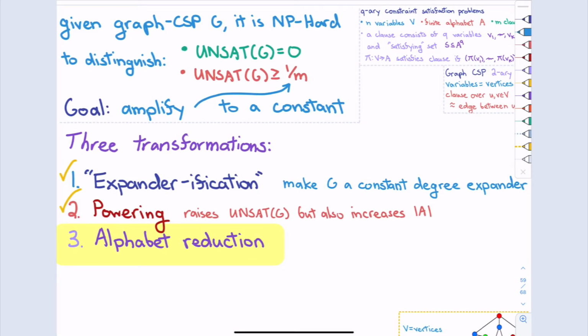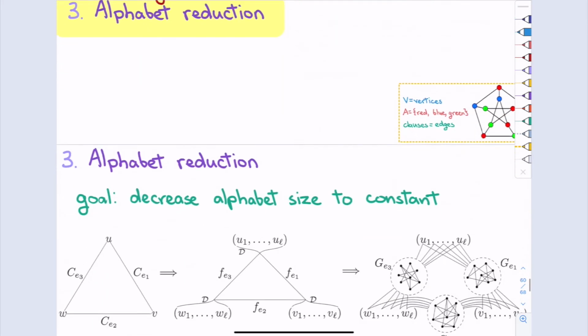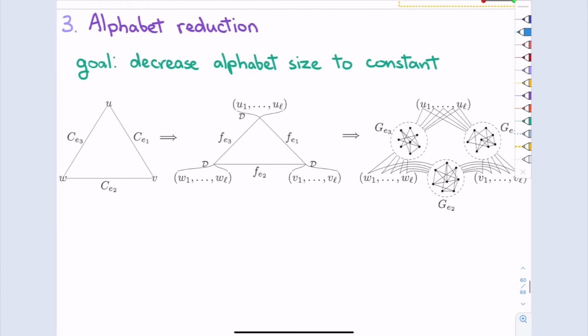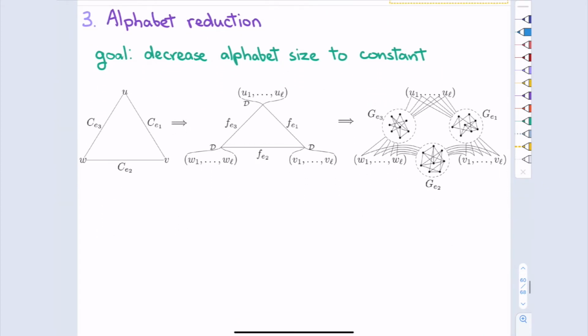Okay, so let me explain the alphabet reduction step, because this is also conceptually kind of interesting. All right, so we made the graph a constant degree expander. That was very helpful and empowering because it limits the number of constraints I make. It also kind of limits how much the alphabet blows up by, because I take a t-step random walk and I want to do the whole neighborhood of t steps, and that's going to change the alphabet from size 10 to 10 to the d to the t or something. But that d is playing a big role. So the fact that d is small is very useful. All right, so let me explain alphabet reduction and we'll get out of here.